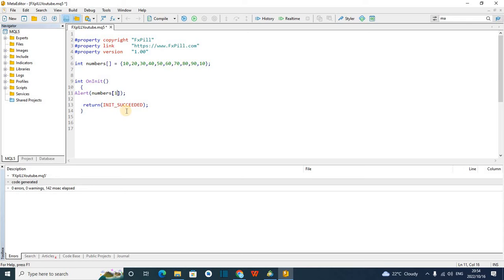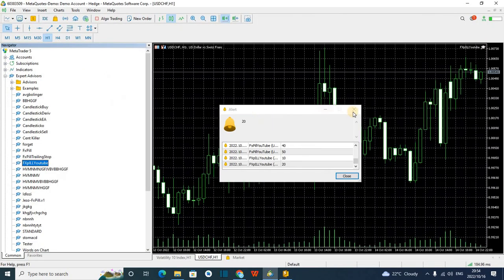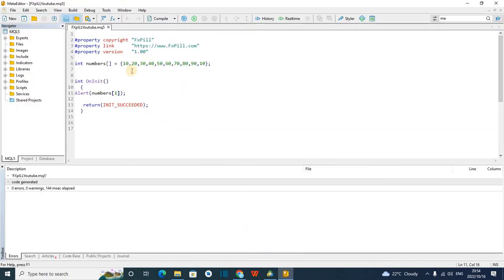So if I say number 1, it's going to print 20 for us. So 20 is number 1. Now this is how you access your array. Every time you can just say numbers, and then you choose which number you want to print. You can also use the same array to make calculations. We say number 1 plus number 3. Number 1 is 20, and number 3 is 40. So we'll say 20 plus 40, which is